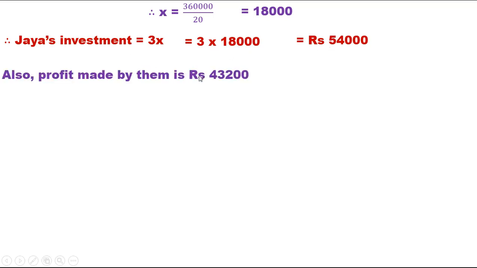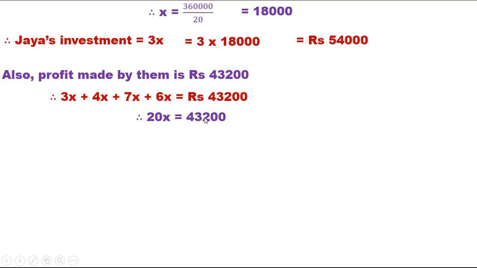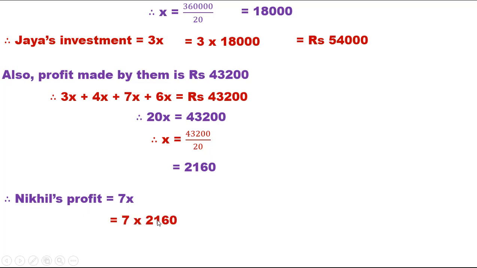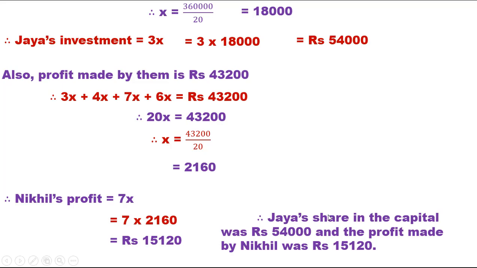Also the profit made by them is rupees 43,200. 3x plus 4x plus 7x plus 6x is equal to 43,200. 20x is equal to 43,200. X is equal to 43,200 divided by 20 is equal to 2,160. Nikhil's profit is equal to 7x, 7 into 2,160 is equal to 15,120 rupees. Therefore, Jaya's share in the capital was 54,000 and the profit made by Nikhil was